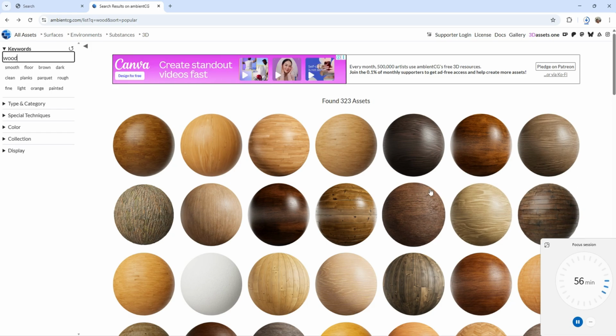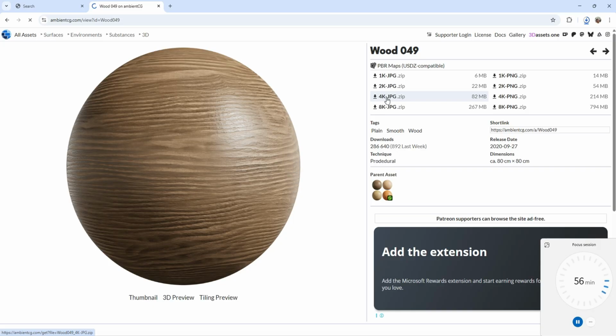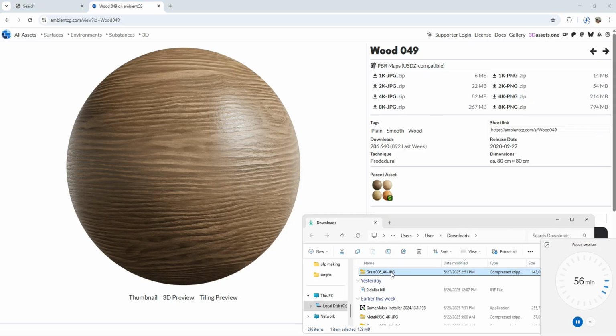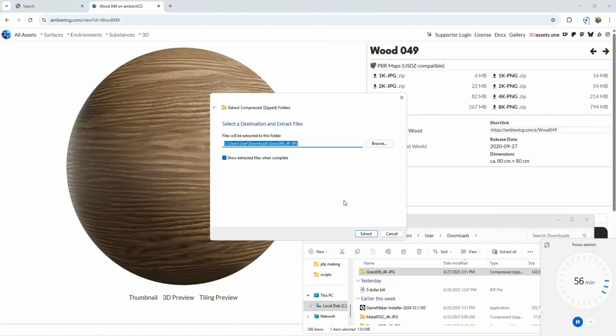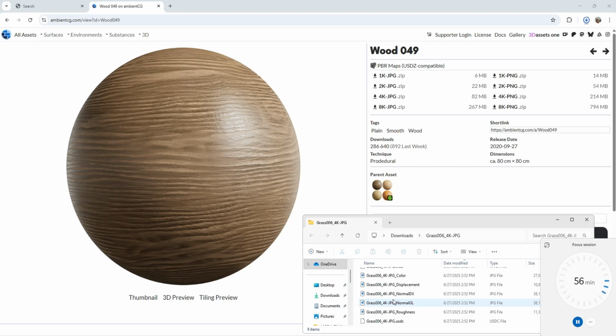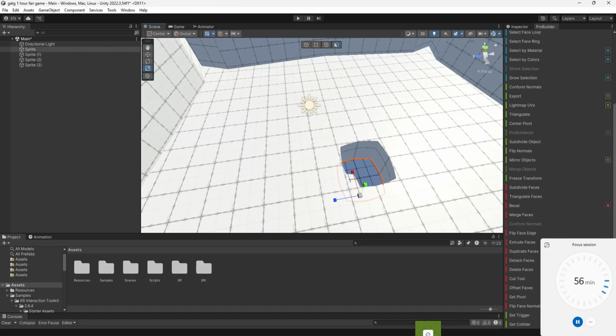Then I'm finding a wood texture for any future things I might want to add. I'm downloading the 4K JPG, sorry,